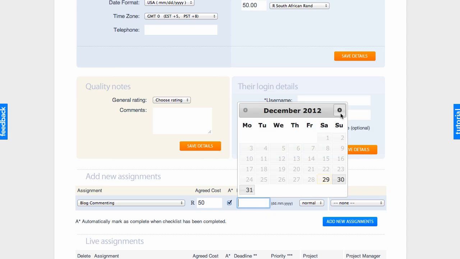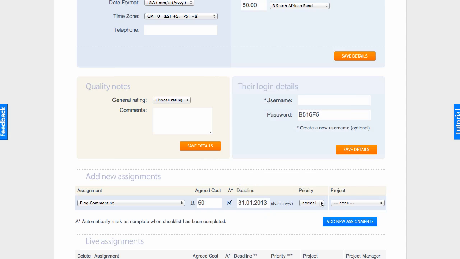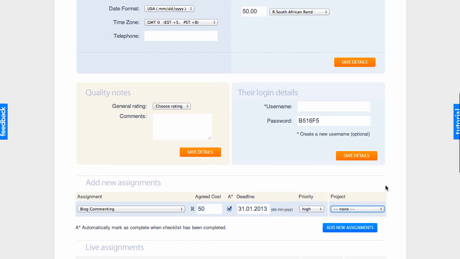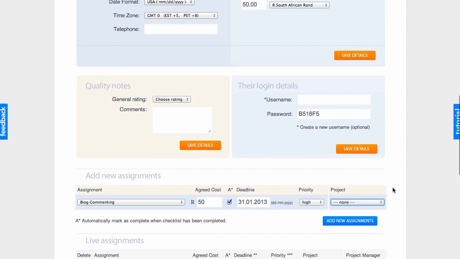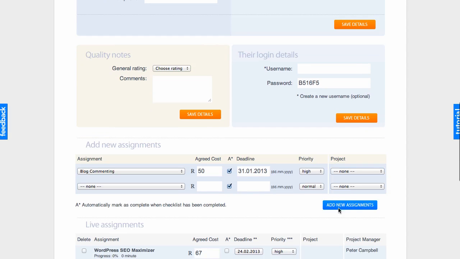We can then give it a deadline, and we can set the priority, and also we can set the project. We can assign it to a project or group it within a project, but it's not absolutely necessary. You don't have to. We can add additional assignments just by clicking on the blue button there. We can include something else,